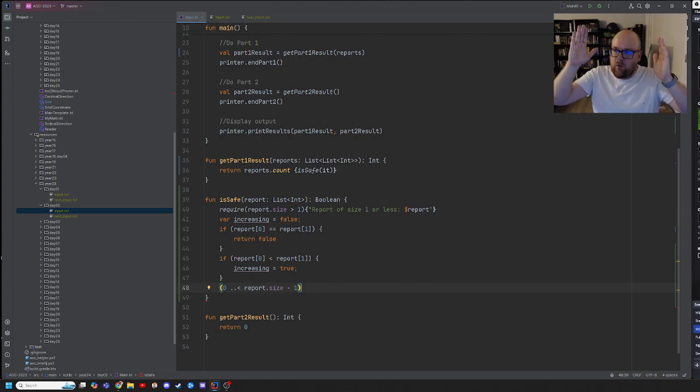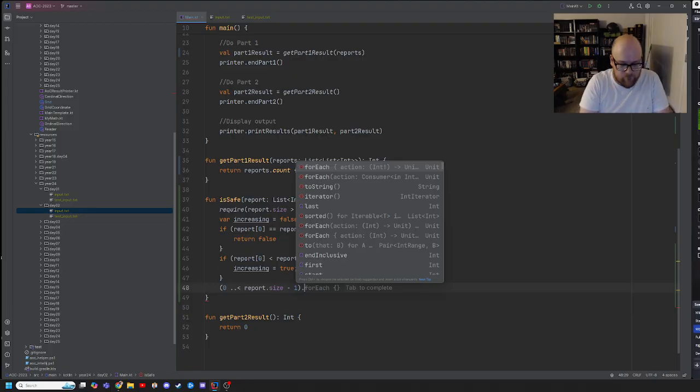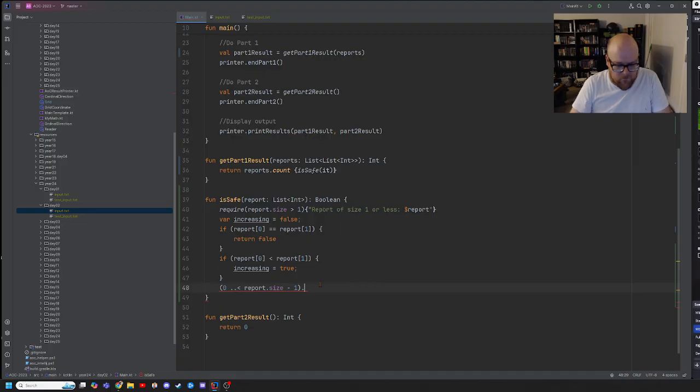If it's size 5, we're going to do index 0, 1, 1, 2, 2, 3, 3, 4, but we're not doing index 4, 5 because there is no index 5. So this is just from range 0 to that. We're going to do dot for each